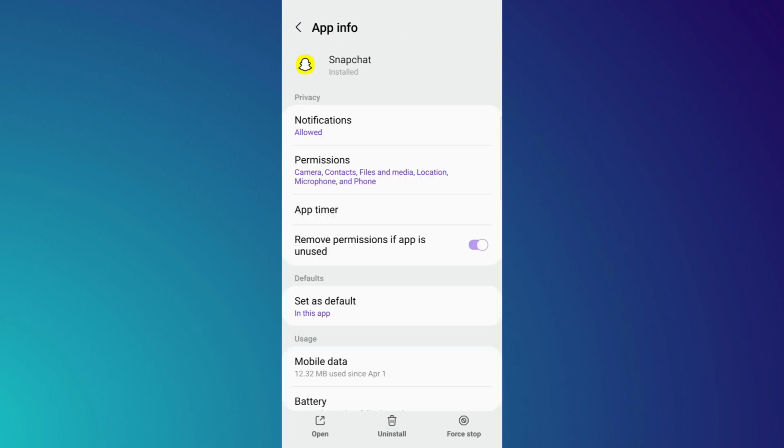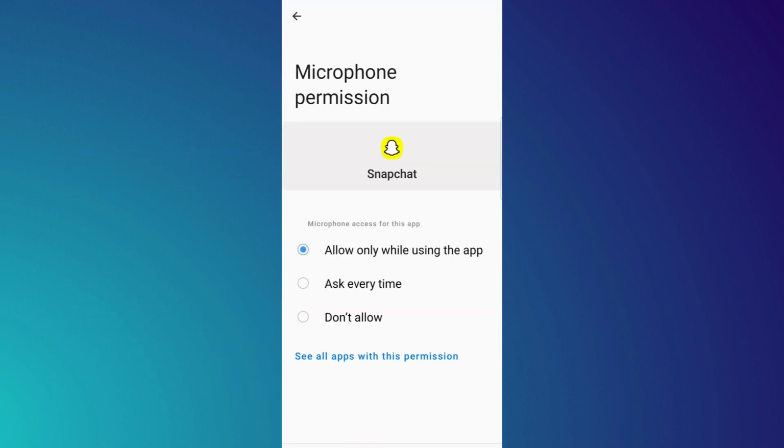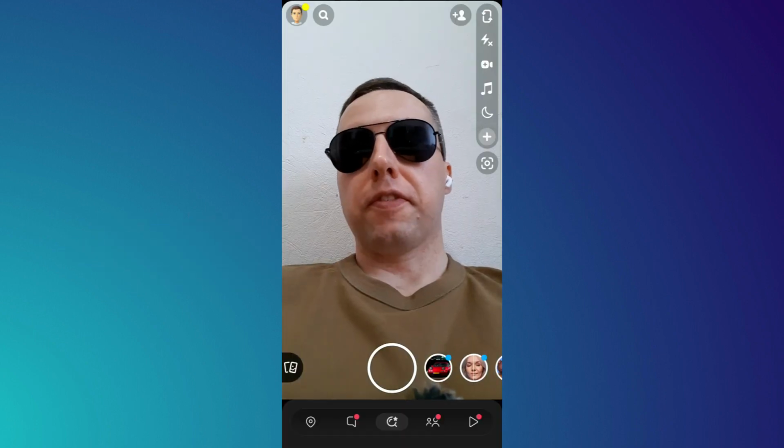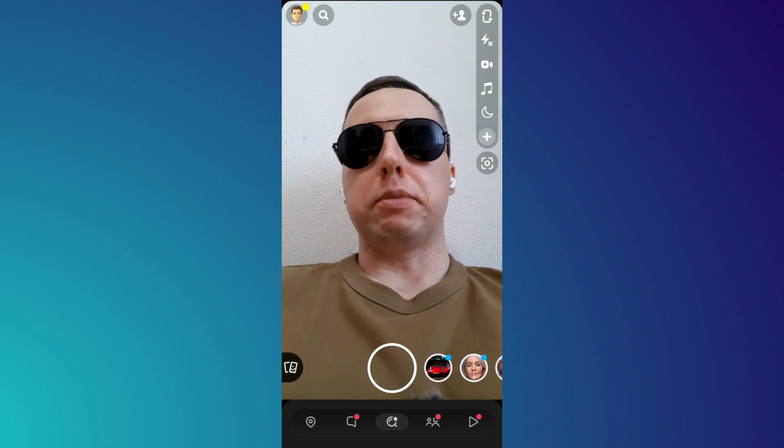And most importantly, to turn on the microphone when recording, tap on permissions, select microphone and select allow only while using the app. After that, you will be able to record Snapchat video with